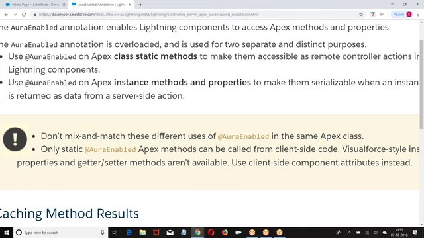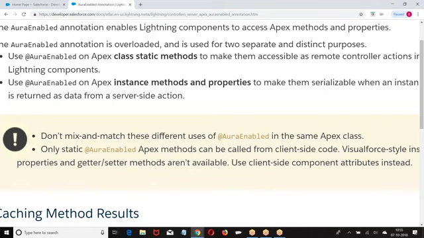Can I define more than one method in a class with @AuraEnabled? Yes. Tell me any one annotation which can be defined only once in a class. Okay, @InvocableMethod. If you want to call an Apex class within a process builder, we have to define that method as @InvocableMethod. There can be only one invocable method in a class.